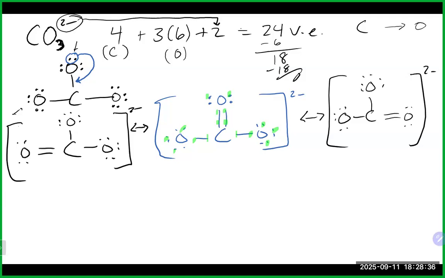And now we have three structures that are referred to as being equivalent to each other. These are what are referred to as resonance structures. And resonance structures occur when we have this exact situation. We have these double bond electrons, which are referred to as being delocalized. And because we could at some point be at the oxygen on the top, they could also be at the oxygen to the left or to the right. So for example,